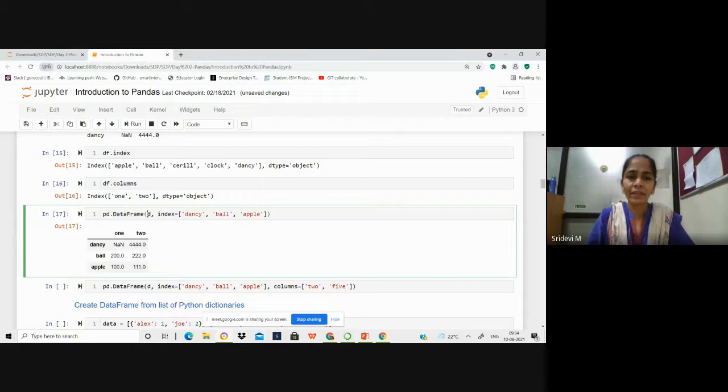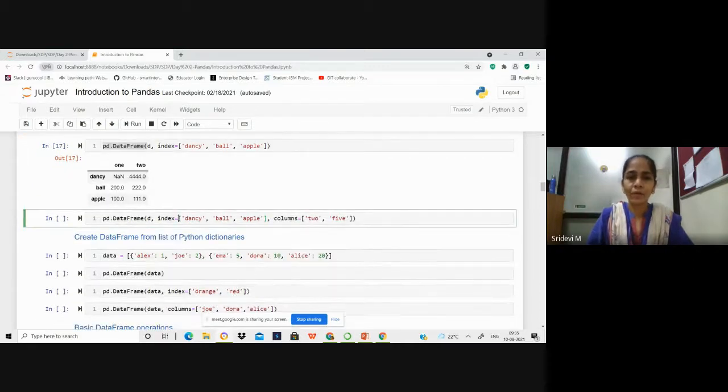So we are taking the original dictionary, and from it we just want the rows associated with Dancy, ball, and apple, converting that to a data frame and printing. You can see that only those indexes, Dancy, ball, and apple are extracted with the corresponding columns and their values.